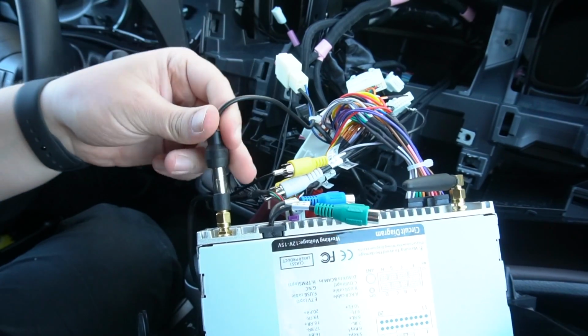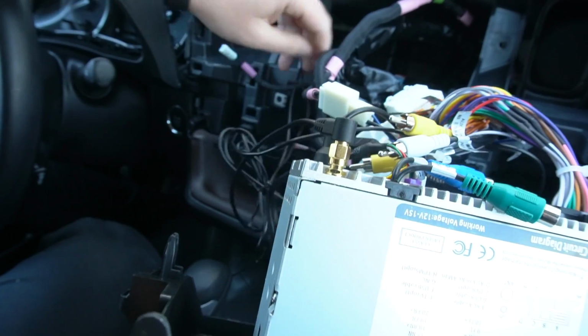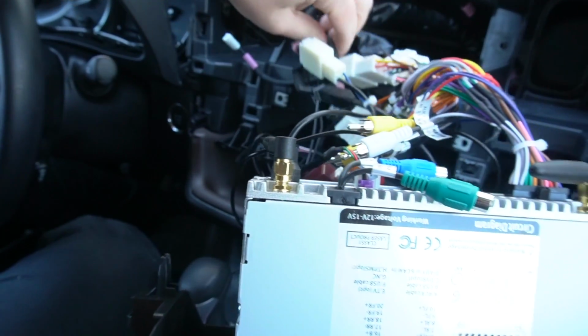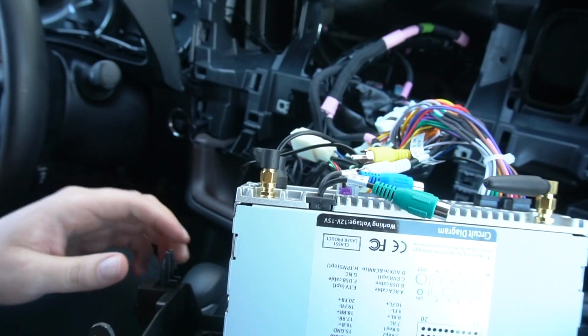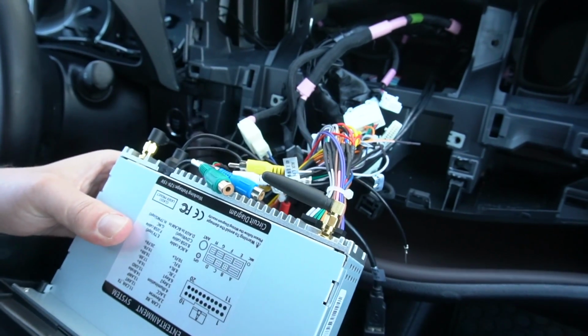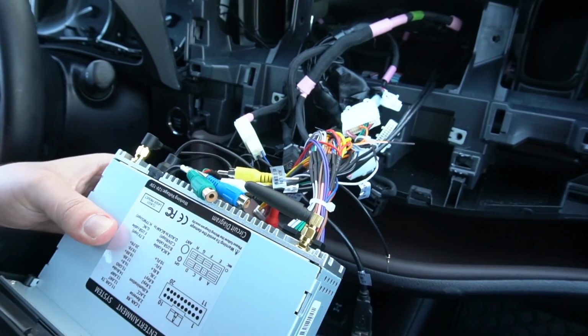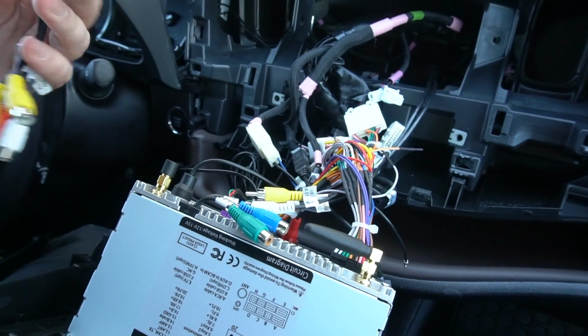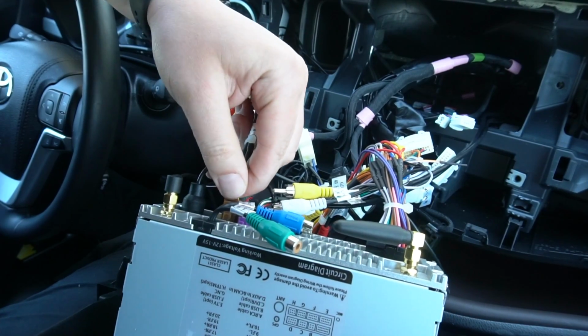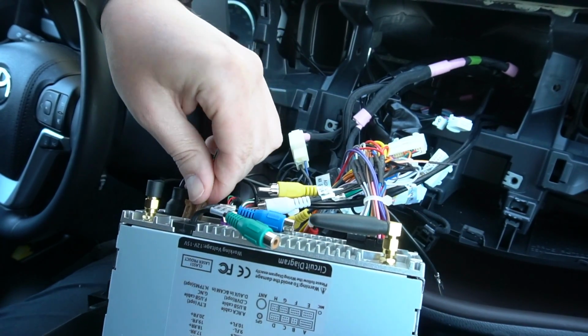Next is the radio antenna. So some of these original connections are not gonna be used, so you can just leave them unplugged, just like that. So now this car has a rear view camera, and in order for it to still work, you're gonna take this adapter which comes with our kit. We're also gonna plug it in to the back of the stereo here,